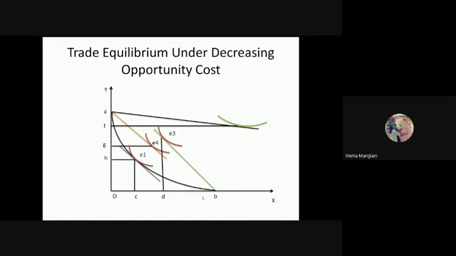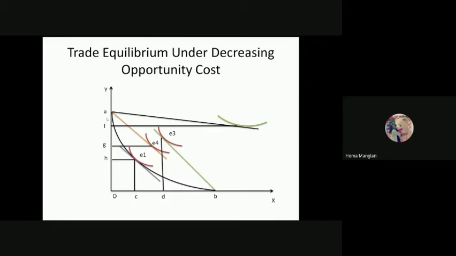Suppose this country goes in this direction, there would be an arrow of direction. Gradually, the country would reduce the production of X, or reduce the resources from the production of X, and increase the production of Y. So gradually they will reach point A. Once they reach point A, it becomes a complete specialization point.